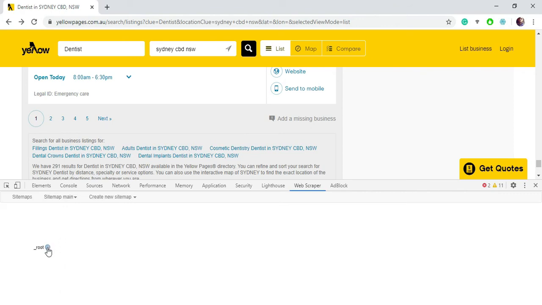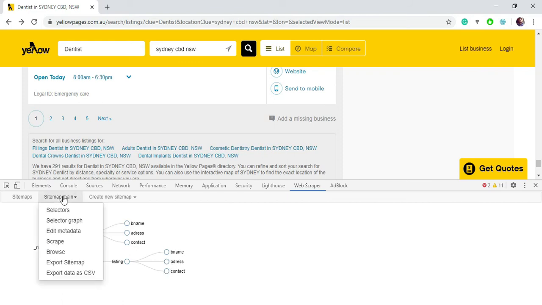Here you can see our root, which was our main URL, the listing, and the individual business name, address, contact. This was for page 1. Then you can see page 2, page 3, page 4, and page 5, and again their business name, address, and contact details.